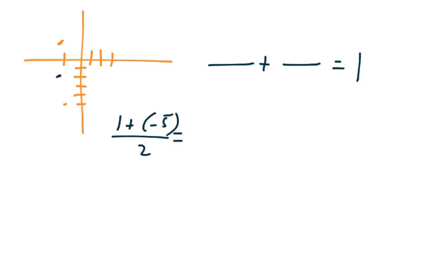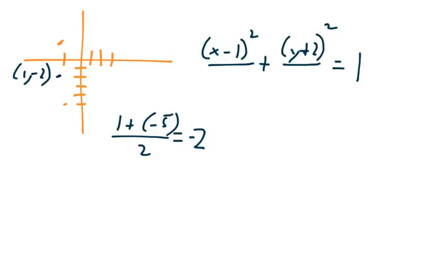Problem number 3, they give us this problem where we have a semi-major axis of 2 square roots of 13, and then we have these two things, which means that we have the center right in between them. And so 1 plus -5 divided by 2 is equal to -2, so this point is at 1, -2 in the center. So we got x minus 1 squared, and we have y plus 2 squared. This should be plus and plus, so that's a -1. And so underneath,